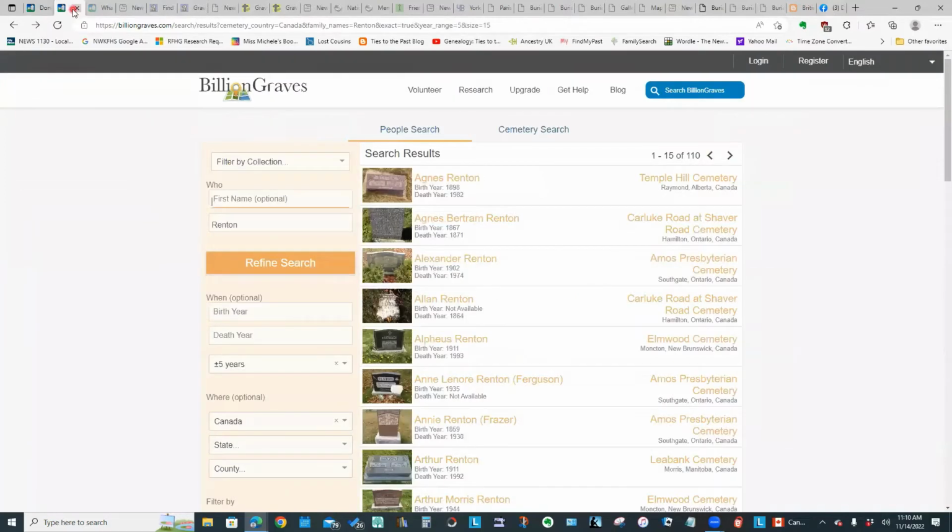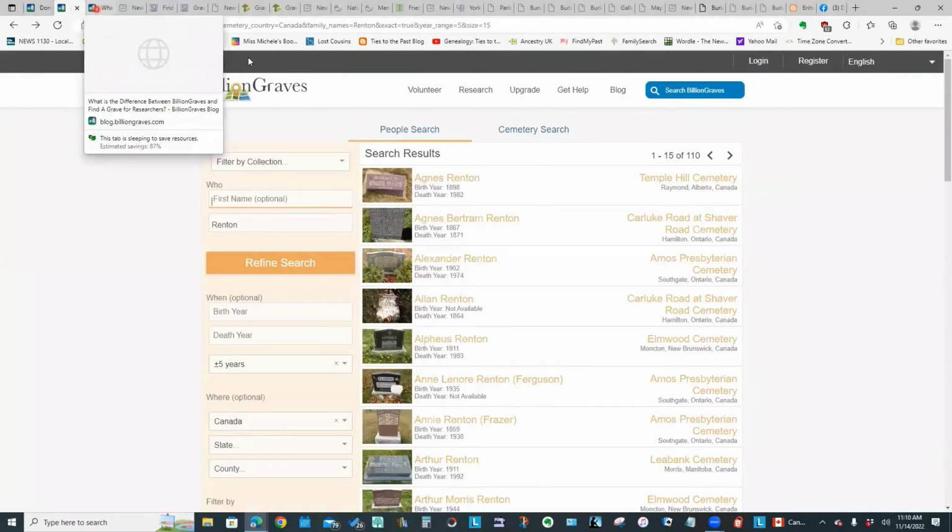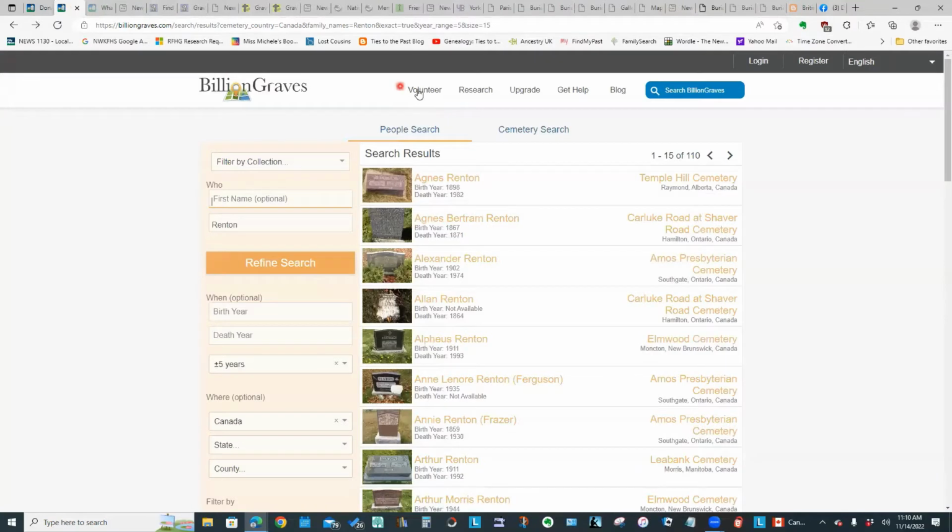Now, something else, if we look at the top menu structure, they do have a blog. They do have information on how to search and information on help, information if you actually want to volunteer to add data to the website.